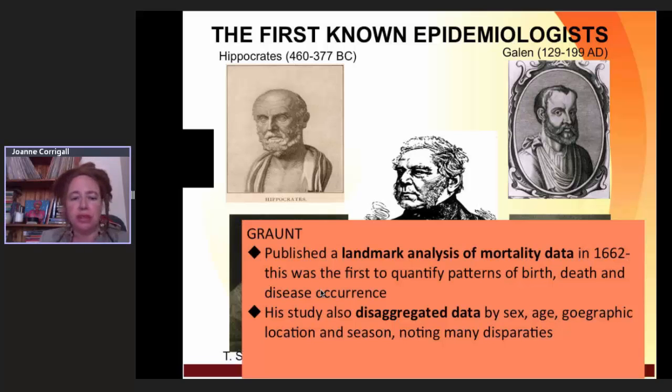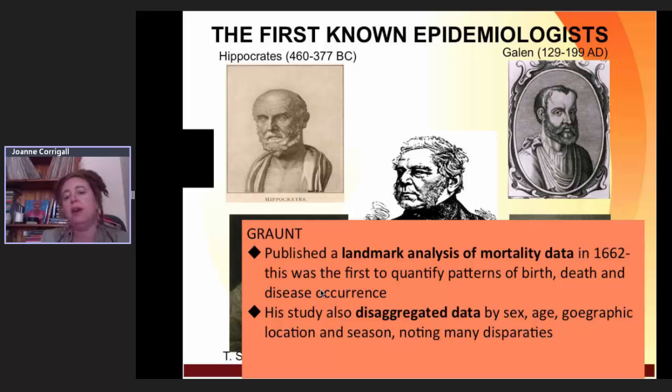Graunt, who's the gentleman in the middle, was also a significant contributor to the study of epidemiology because he started to look at mortality data, in other words, cause of death data, and he was the very first person that we know of to quantify patterns and numbers of birth, death, and disease occurrence. And what's quite amazing about him is he didn't just look at the entire population, he then also broke down